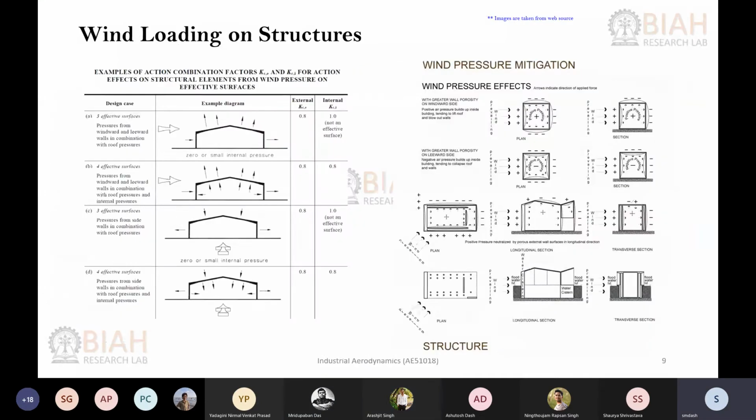So then the next chapter will be this kind of fluid structure interaction. In this case, we'll be discussing in a different way wind loading on the structures. Okay, so we'll be taking a few examples of building structures, like conventional rooftop buildings, like you can see here, and try to analyze, if you have wind coming from different directions, how the loading happens on different parts or different structures associated with this building. Okay, so this will be analyzed, like wind loading on the structures.